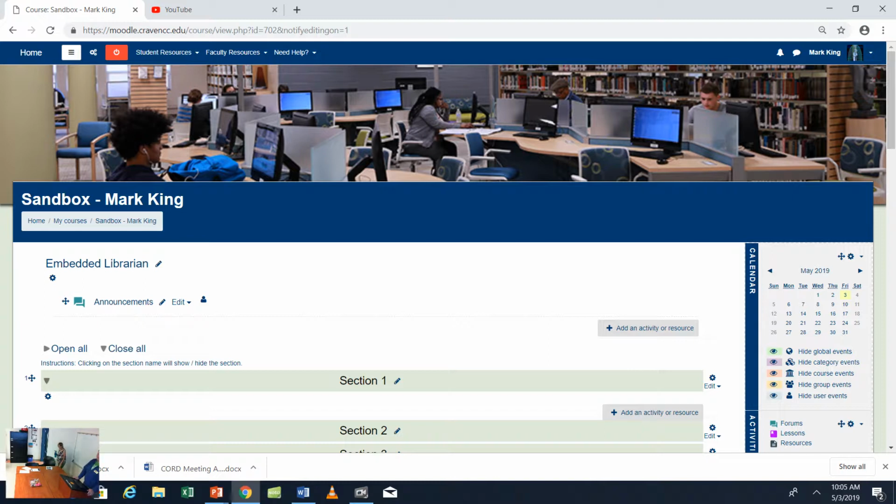Okay, so what I'm going to do is start from scratch. I was thinking about how to do this, and I thought, why not just show you how to do it from scratch, like how I learned. Some of the things I do will help if you know a little bit of HTML, but a lot of times you might just be able to copy and paste. How many of you have embedded YouTube videos in your course shells, where you copy and paste the embed code? You can do stuff like that with the lessons.